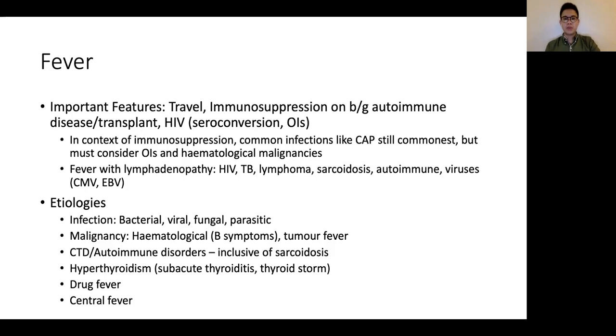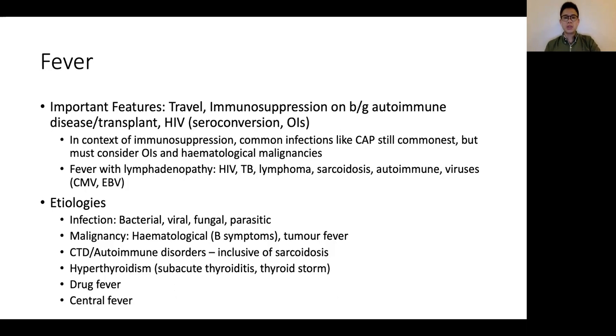And the second big group for immunosuppression would be patients with retroviral disease. So these may be patients with known or not known retroviral disease, and hence looking for risk factors would be important. In the context of immunosuppression, it is important to note that common infections such as community-acquired pneumonias are still